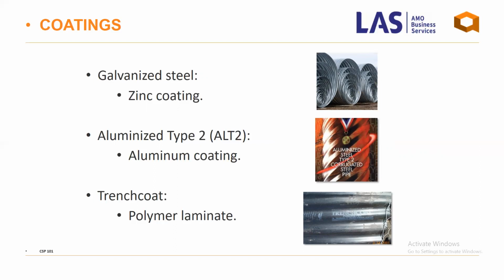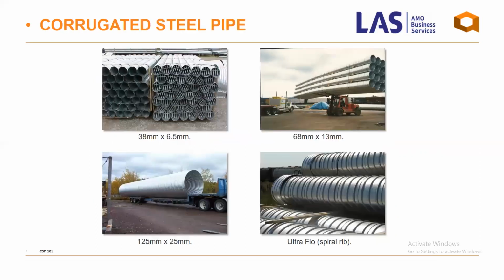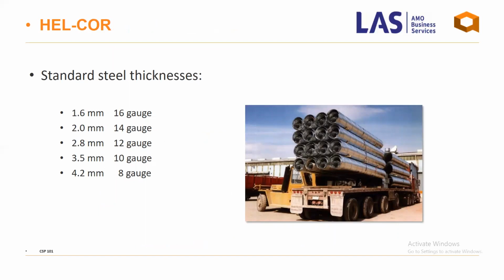Depending on the service life that you're looking for, the environmental conditions, meaning how aggressive the water is and how the soil interacts with galvanized, you may want to consider upgrading to an aluminized or a polymer laminate versus the traditional galvanized. With that comes a cost increase, but if you have problem areas where galvanized culverts are rotting out in 10 to 15 years or less, that's definitely a sign that you may want to consider upgrading to a different coating, be it the aluminized or the